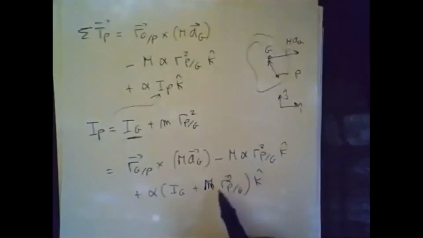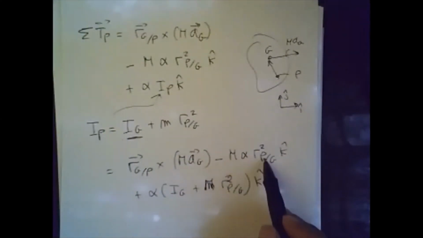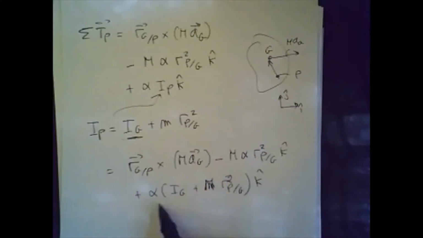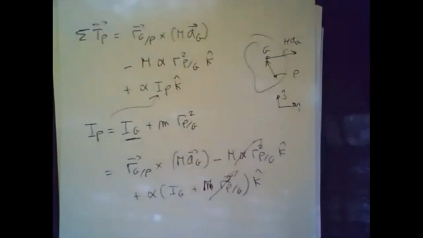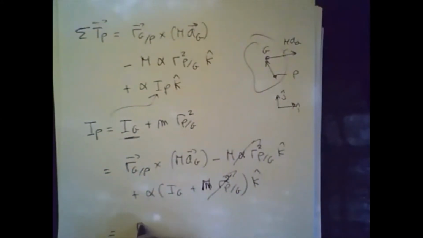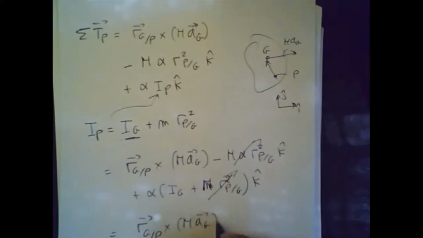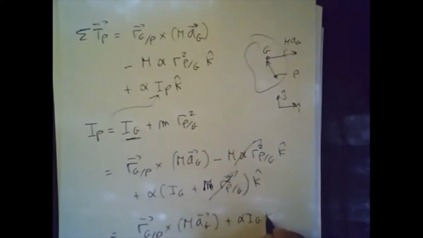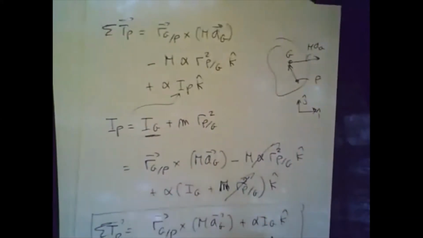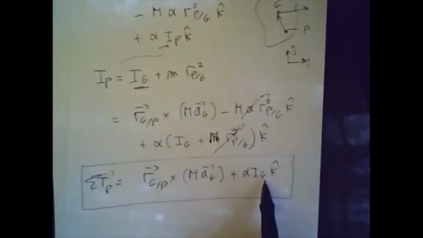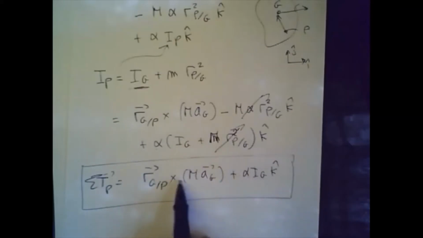Okay, so you see here that this term and this term will cancel out, right? M alpha R_P with respect to G squared, and then alpha plus M alpha R_P with respect to G squared. So these will cancel out, and you only end up with R_G with respect to P cross m a_G plus alpha I_G K. Okay, so this is the sum of the torques at any point on a rigid body. All you have to do is know the moment of inertia about the center of gravity, multiplied by alpha, and then do the moments about a_G. And this is what I was describing earlier,